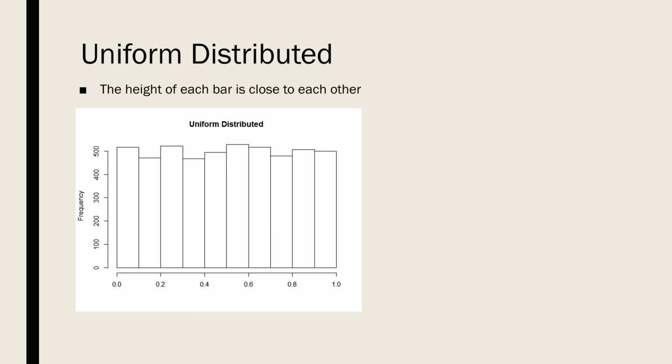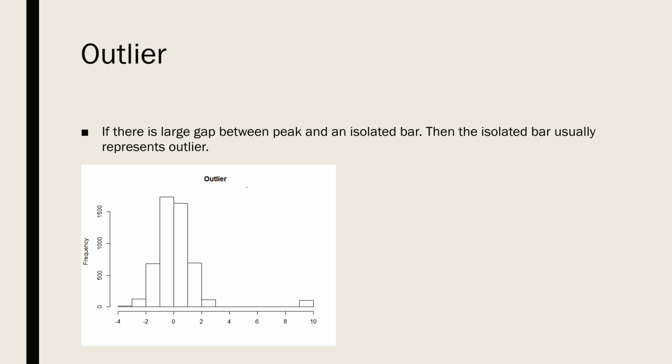Another important shape you need to learn is called uniform distributed. If your histogram looks like this one, the height of each bar is close to each other, then we call this shape uniform shaped or uniform distributed. If there is a large gap between the peak and an isolated bar, then the isolated bar usually represents